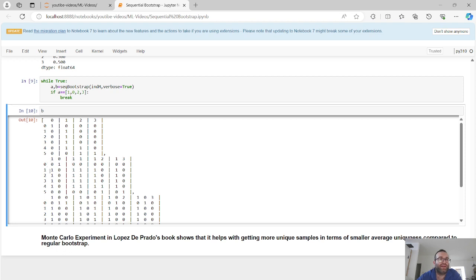But here, the uniqueness is still perfect, 1, because there's no overlap here. Sorry, this is label 0 and this is label 1 and this is label 2 and label 3. So basically here we still added the thing we sampled, and the uniqueness of this thing